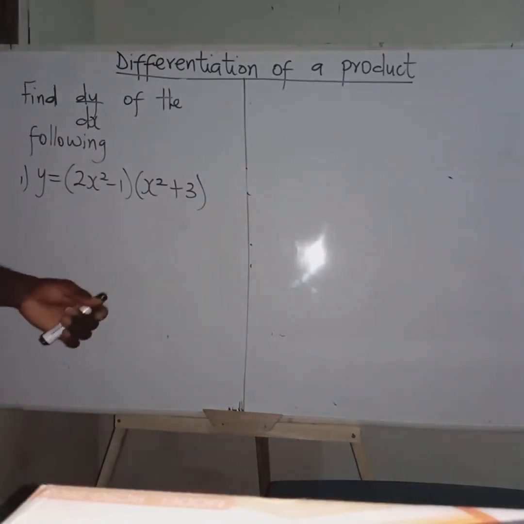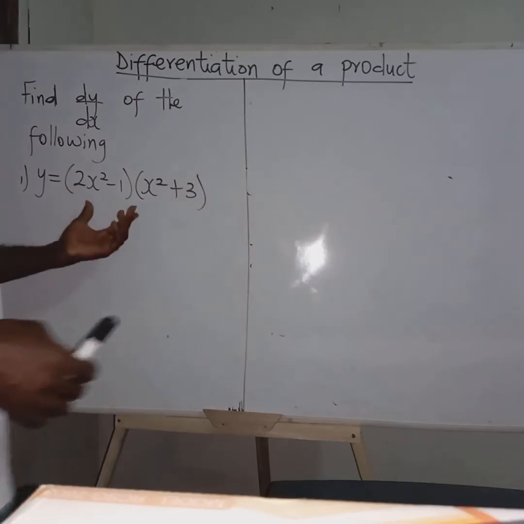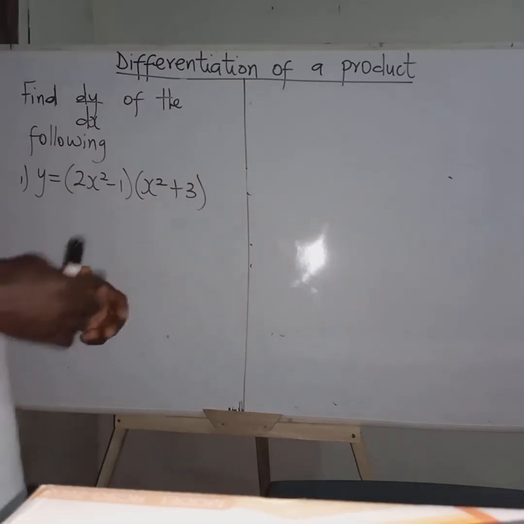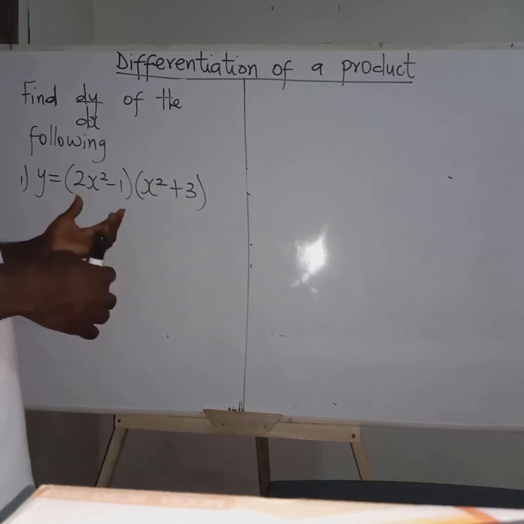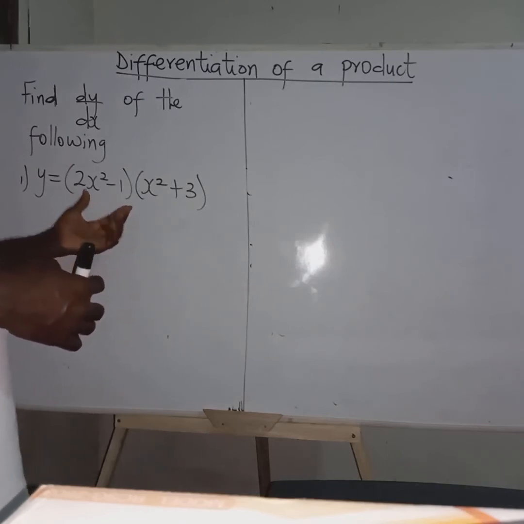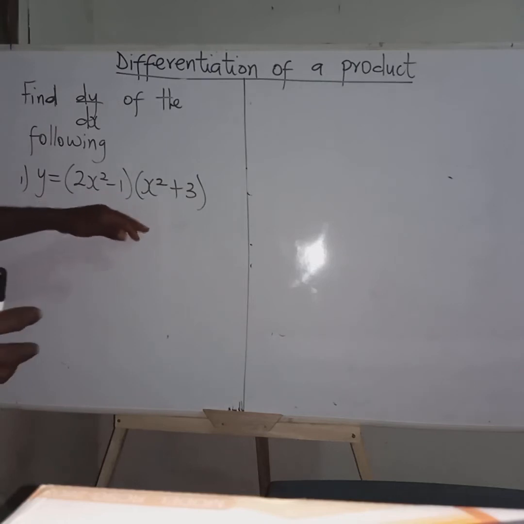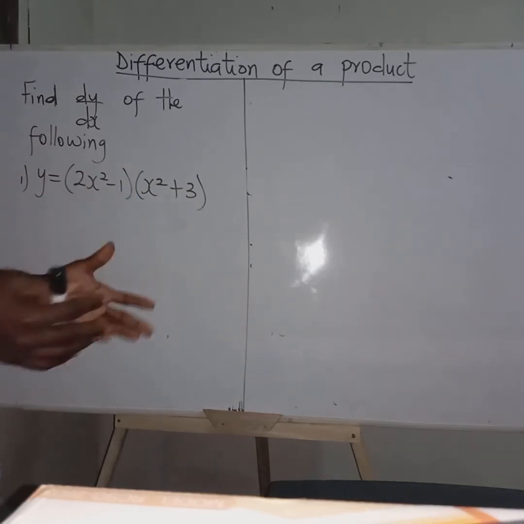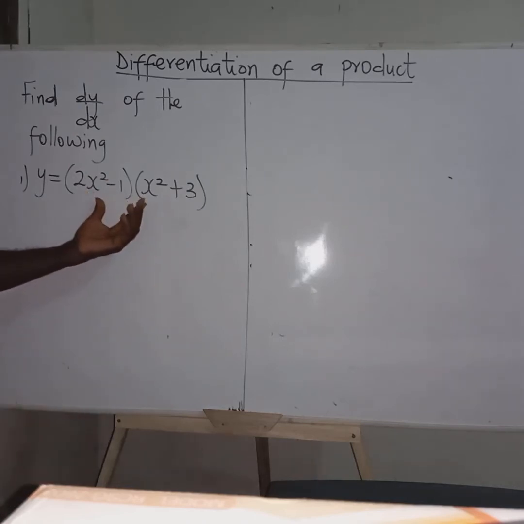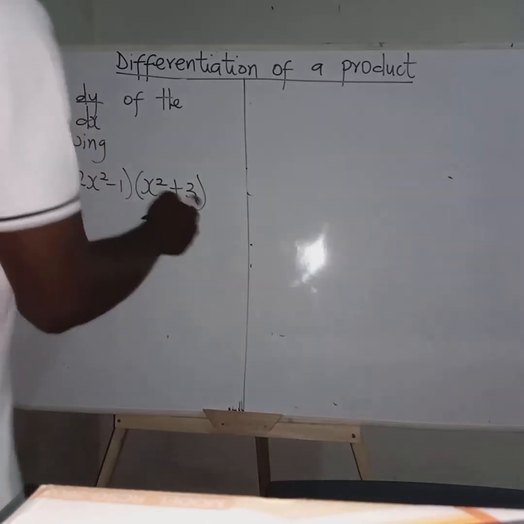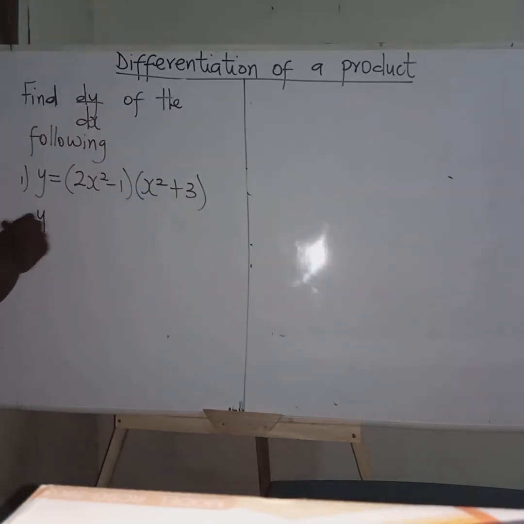Now, there is also an alternate way of solving this. Someone can decide not to use the product rule, and he or she will expand, and after expanding, you differentiate. You also arrive at the same answer. So you can expand this, and after expanding, you differentiate your answer. So y is equal to, let's expand this,